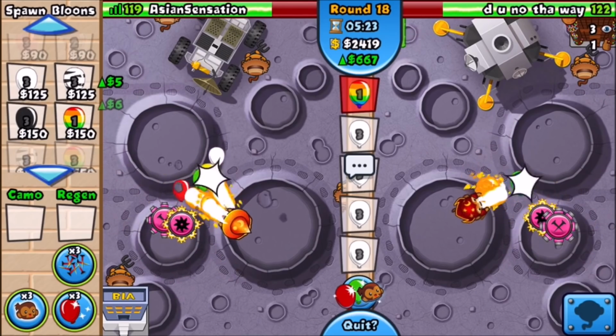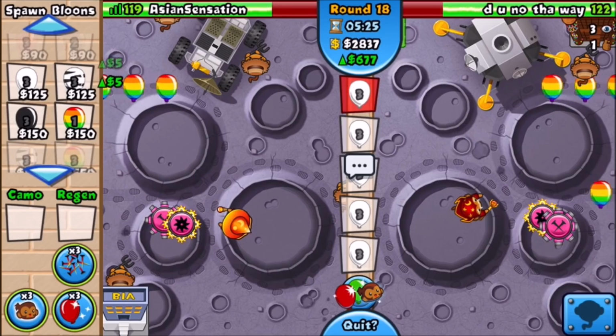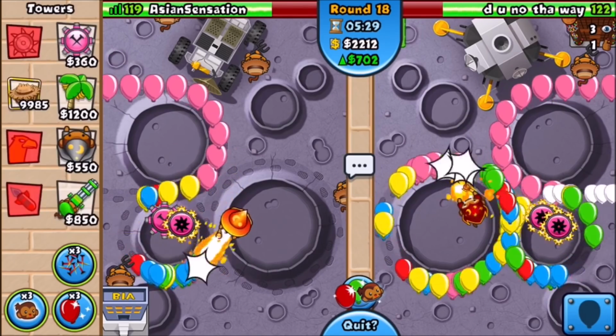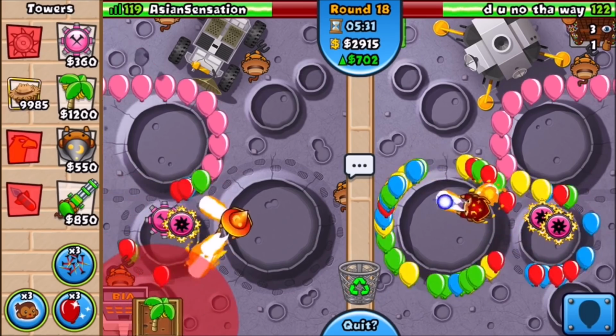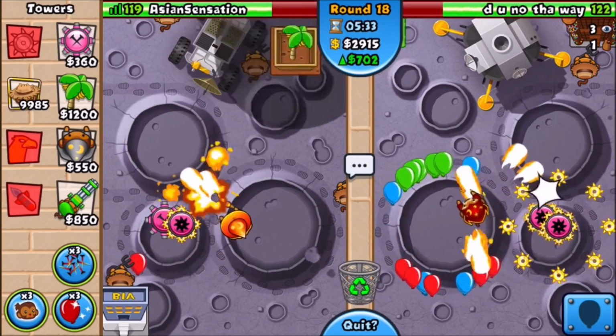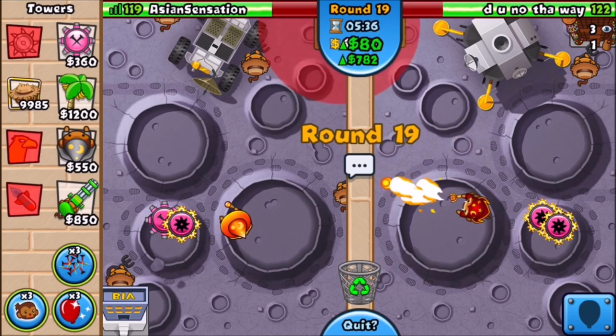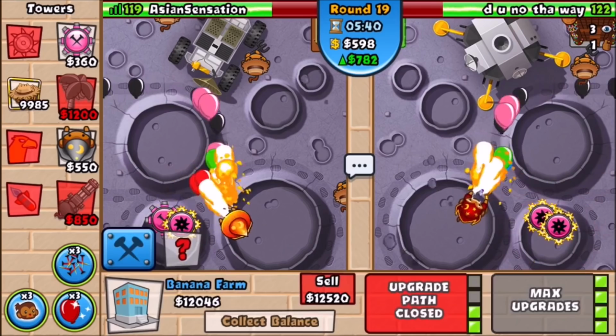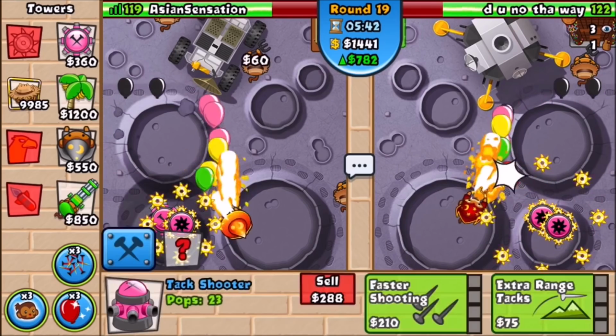So I should go for a rush right here. Yep. So AI Rainbows are coming out, so we're going to blend a rush, potentially force some defense, as well as get some eco. Those were all eco balloons, by the way. And we force a blade shooter, so fine with me. Now, I shouldn't even go for a farm here. I really shouldn't. I shouldn't have gone for that farm, because round 20, like I said, that's when the chaos